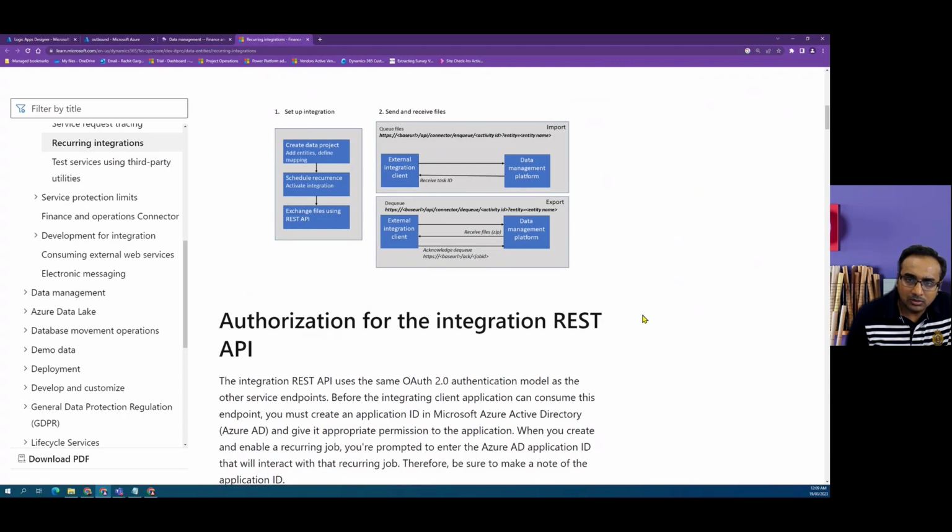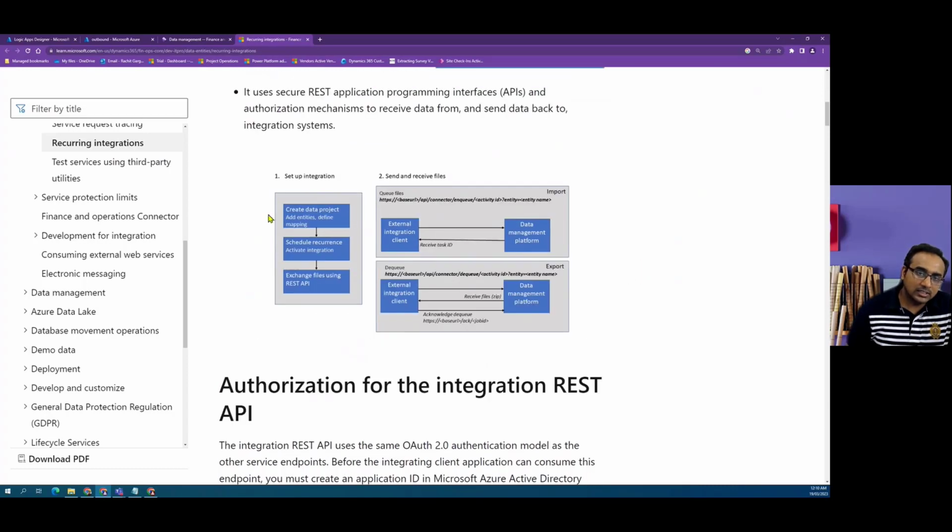Basically, on a very high level, it uses enqueue and dequeue mechanisms to exchange files with the external systems, which basically means that the external applications are interacting with these APIs to talk to Dynamics, and the Dynamics data management platform is exporting and importing files from a blob storage, which comes as part of your Finance and Operations